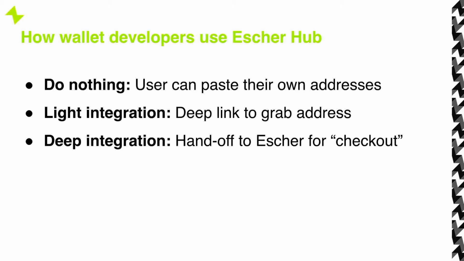So the goal here is to essentially bifurcate the kind of nasty US dollar KYC functionality and features from the wallet, which is generally kind of clean and parsimonious. We also have some black box libraries in Escher Hub that we've heard most open source developers don't want anywhere near their private keys. So we're hoping this is a way to be able to leverage our proprietary tech and not endanger your funds.